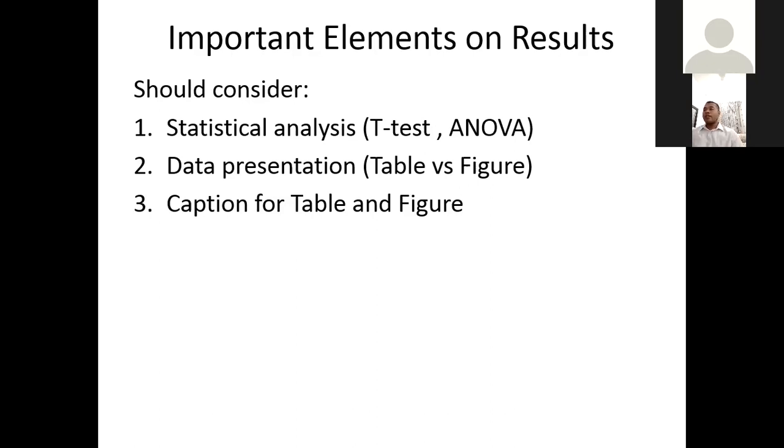If you are explaining the values in detail, it is better to put them in table form. But if you are presenting a trend, whether the value increases or decreases, or comparing between A, B, and C, or presenting the effect of any treatments and you want to see what will happen if you change something,